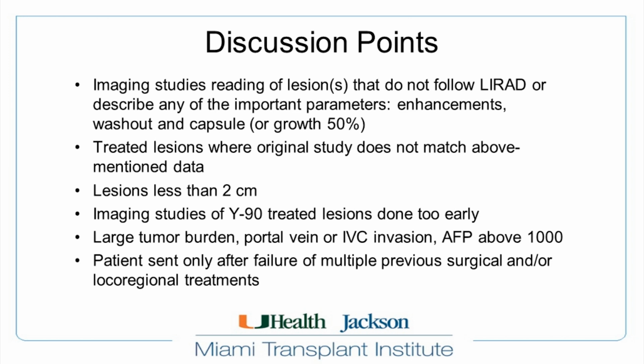Imaging studies of Y90-treated lesions done too early. We see a patient who got radioembolization a month ago come in with a beautiful MRI that looks like, I have no idea what I'm reading. And most people, and you in the audience know, 3 months is the minimum, 6 months is the best